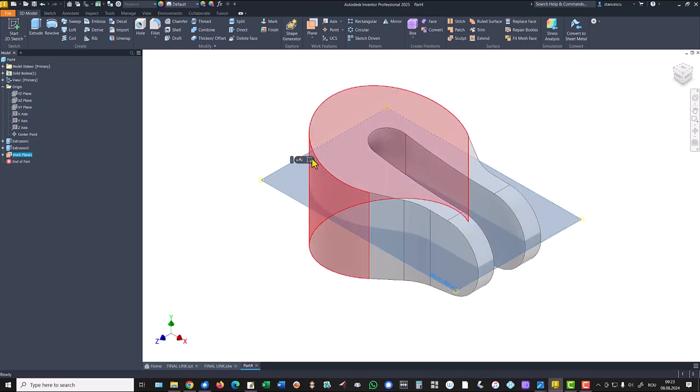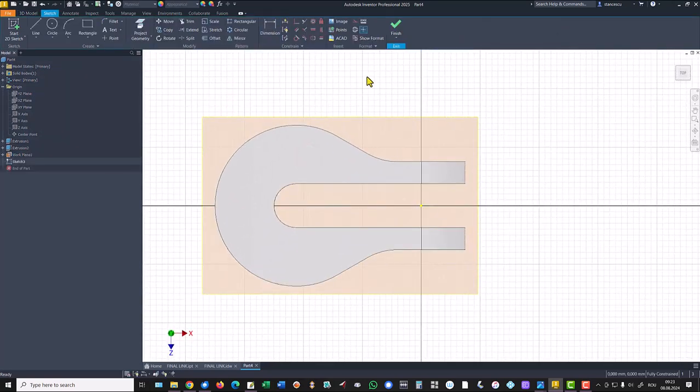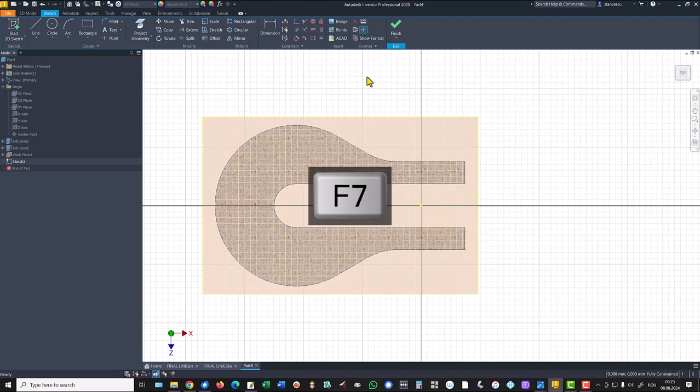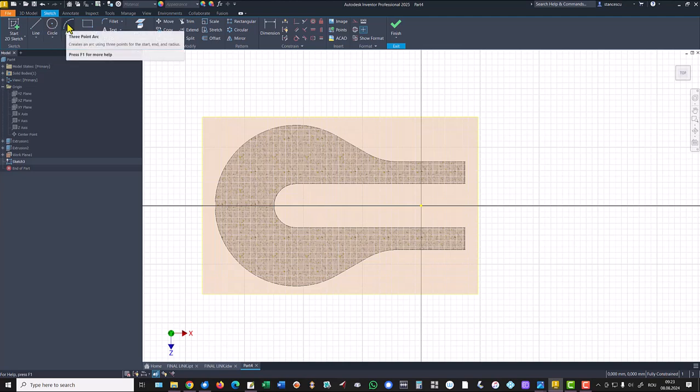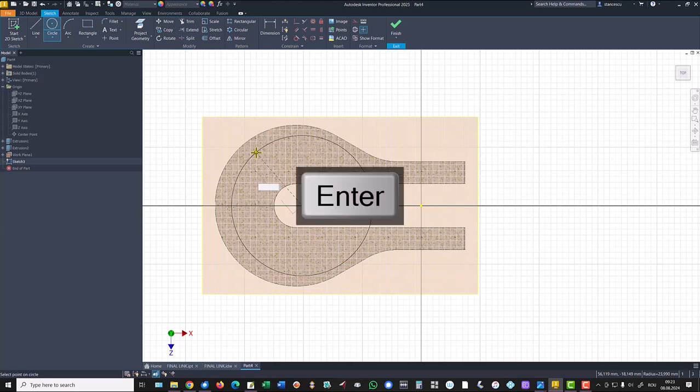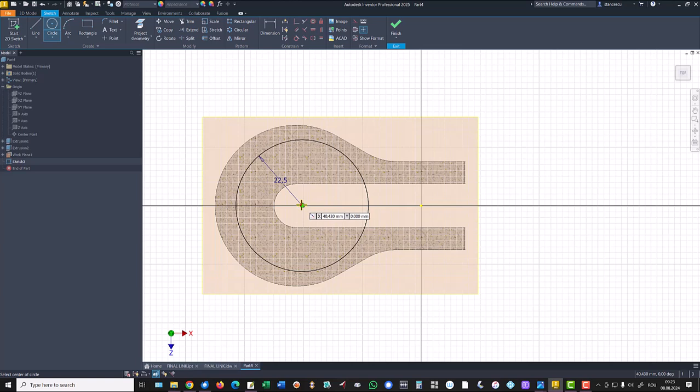New sketch, F7, then a circle with this center, a radius of 22.5, another one, a radius 12.5,